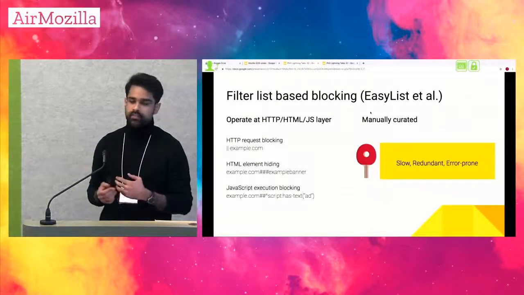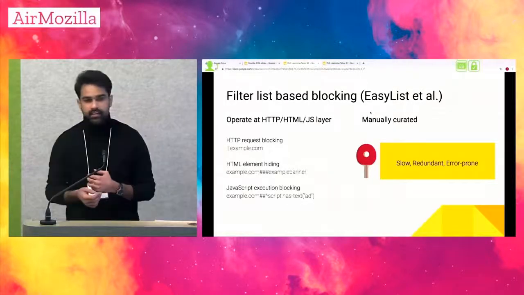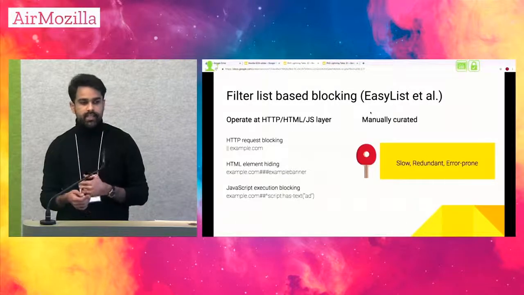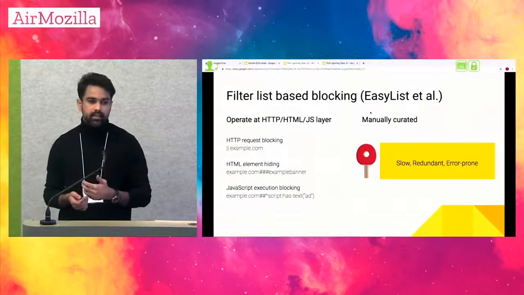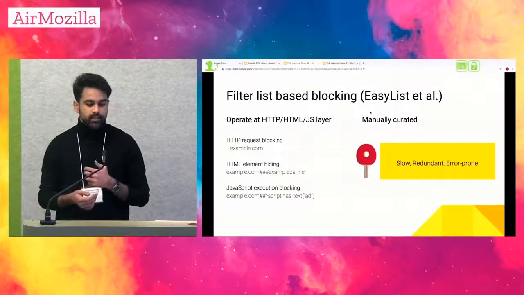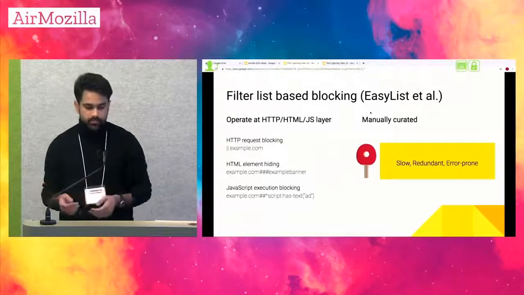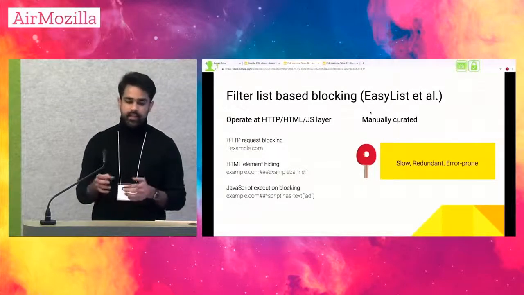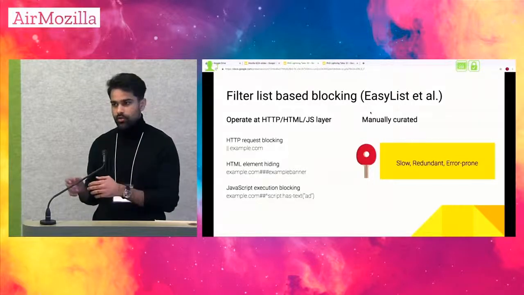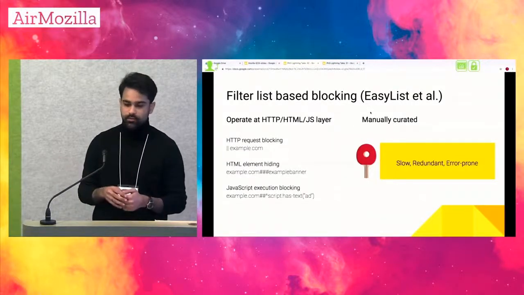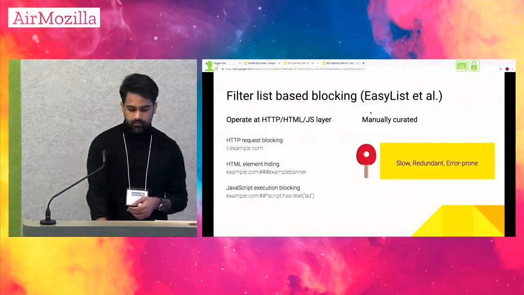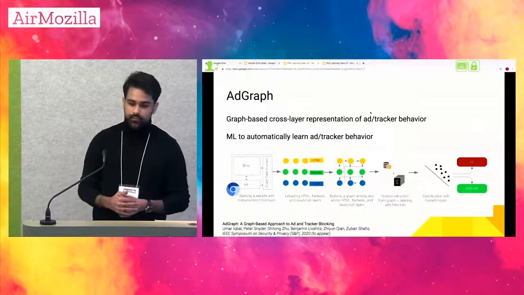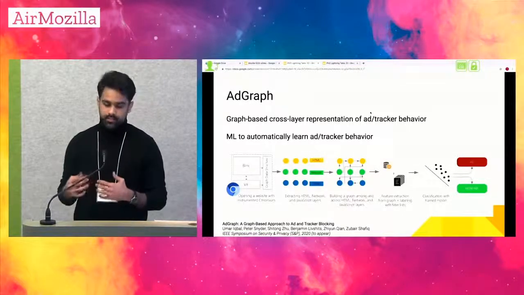First of all, prior work has shown that they are very slow. They take as long as weeks and months to add rules for newly discovered ads and trackers. And secondly, prior work has also shown that they are redundant. They create thousands of rules, and only about 10% of those rules are used. And thirdly, they are error-prone. So slowness and redundancy make these filter lists underblock content, so they let some ads and trackers through, or overblock content, which causes breakage. So to address these two problems, in our research, we utilize